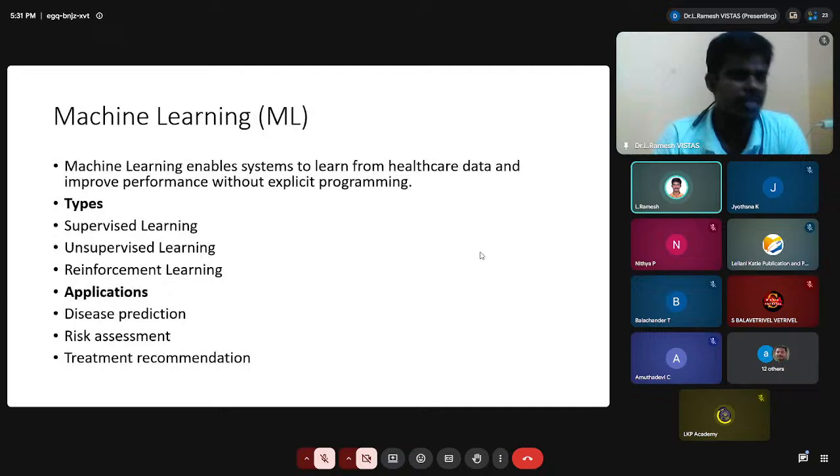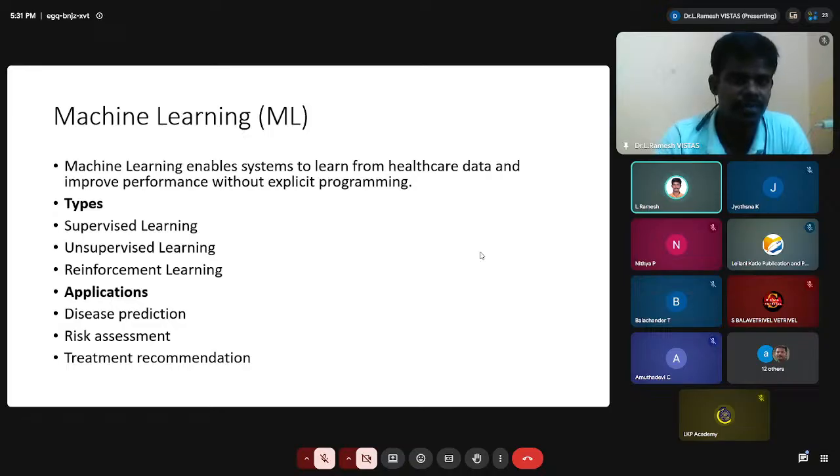So machine learning enables systems to learn from healthcare data and improve performance without explicit programming. So, you know, machine learning techniques. There are three types of machine learning: supervised learning, unsupervised learning, reinforcement learning. To do the three types of machine learning techniques, we apply them to the particular data to improve the